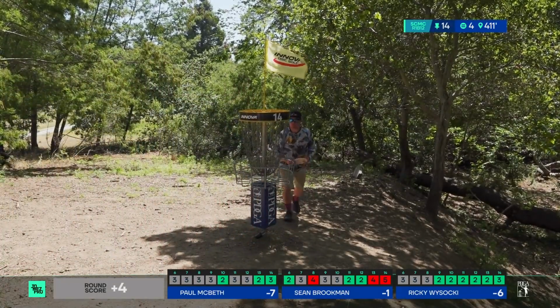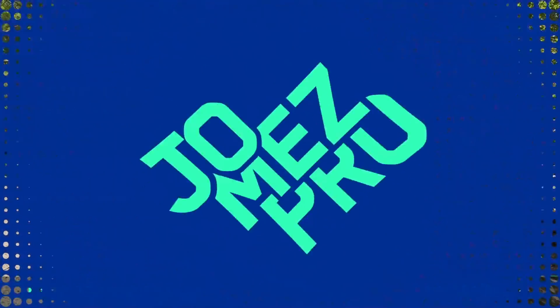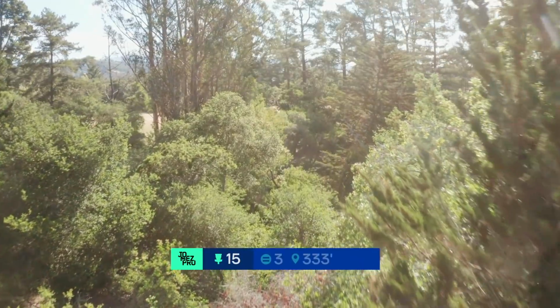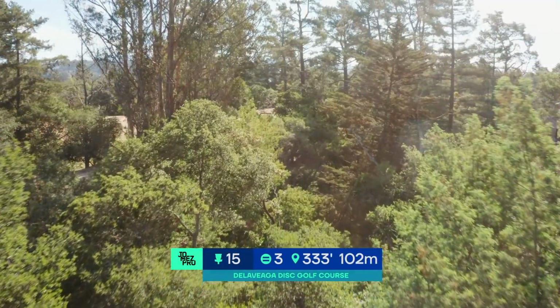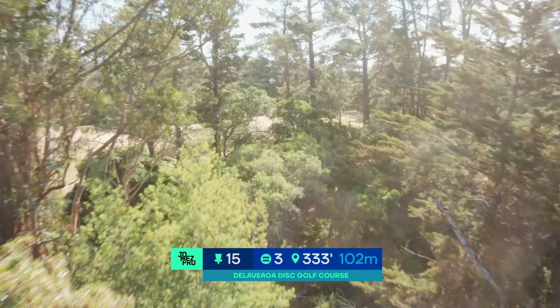2 back of Paul, who's playing bogey free. I mean, you can't ask for much more. Look at Ricky. 6 birdies in a row, slow start, but he's closing down on McBeth now. 1 shot back. As we come to the 15th, the kitchen as it's known, because there is a broken down